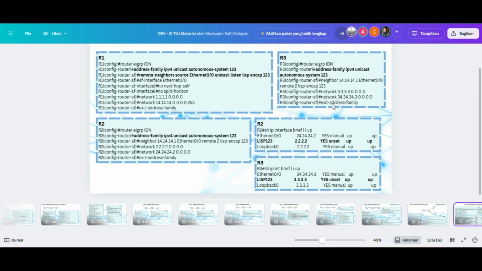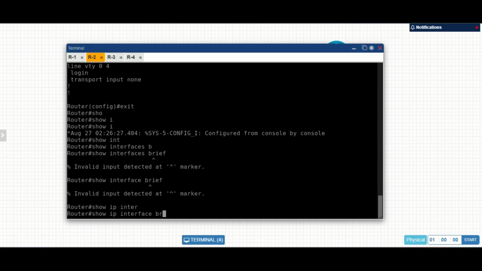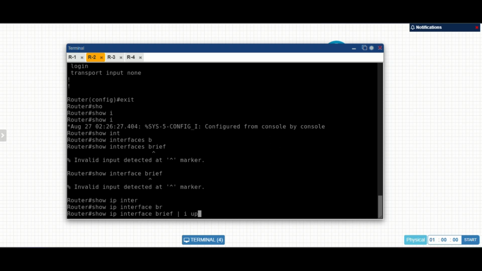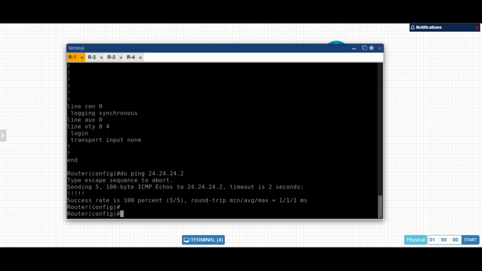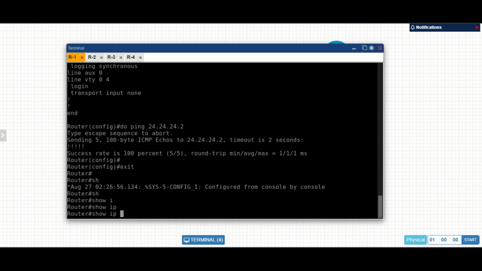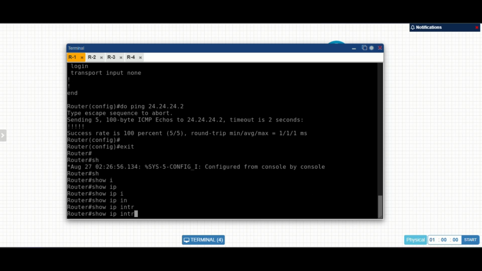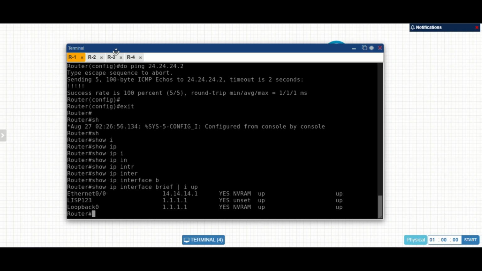So after that, we can check with show IP interface brief. Okay, show IP interface brief, the interface is up and already connected for the LISP, and then show again IP interface brief, up and already connected.